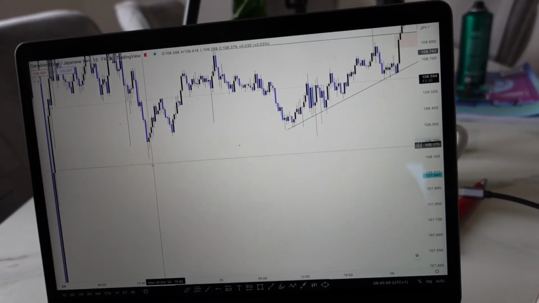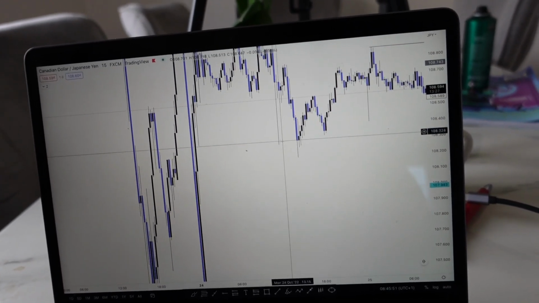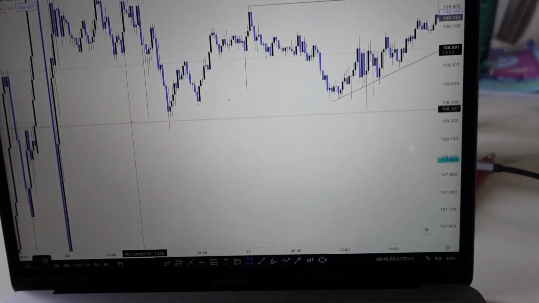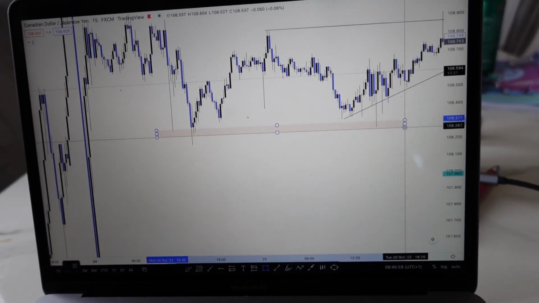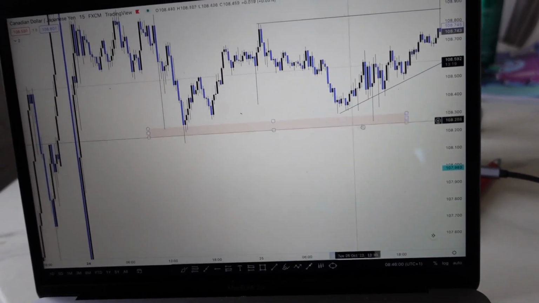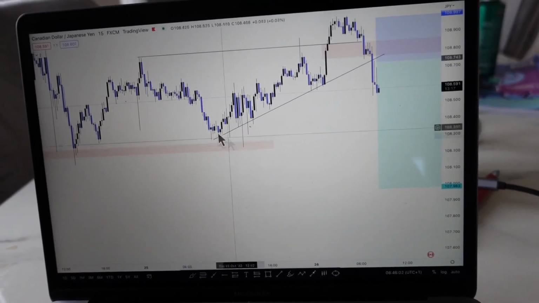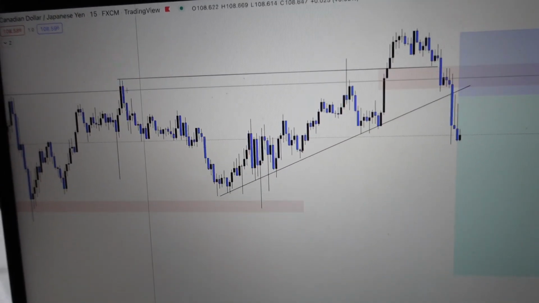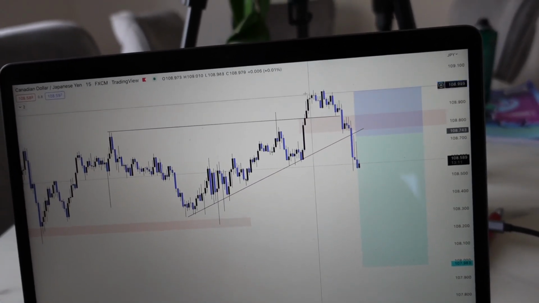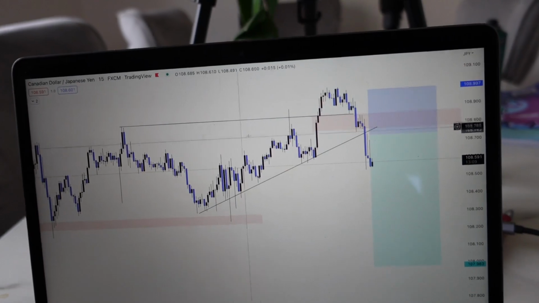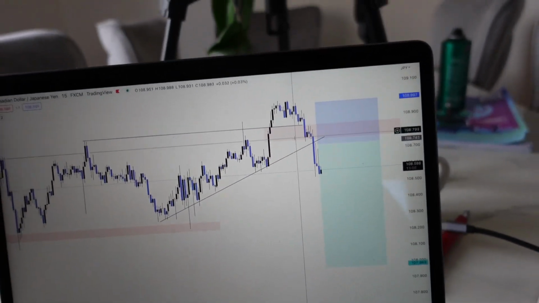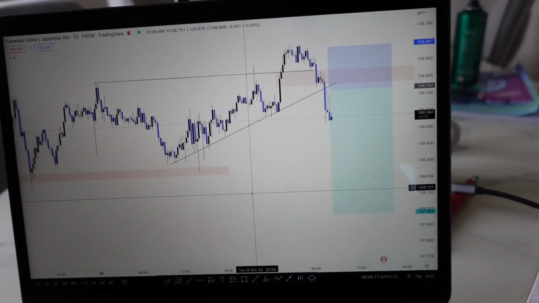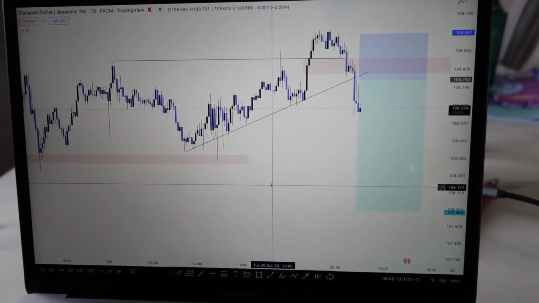You can also see these bottoms, for example, right here that were formed. Let me just draw that. As you can see, the market wicked through this bottom, creating a double bottom here. So we have lots of liquidity through to the downside, while to the upside we formed this double top right here, and we cleared out the liquidity above here. So I'm more interested in seeing the Canadian dollar push through to the downside and grab this liquidity. Alright, so that's my trade for the day. Let's see how it goes.